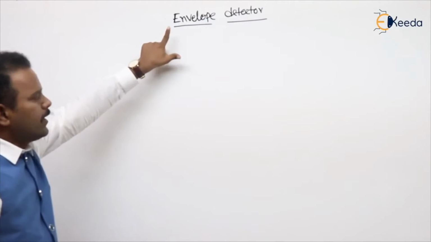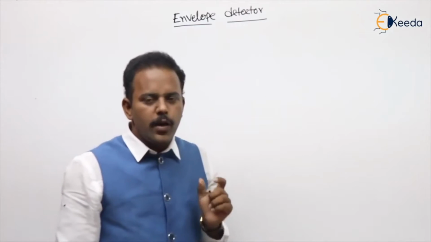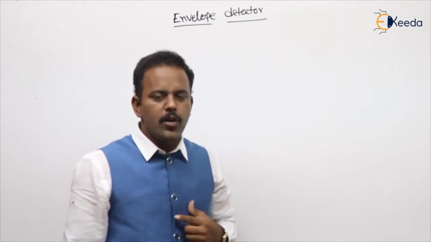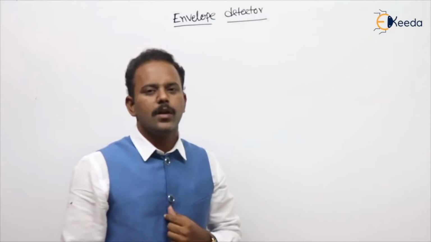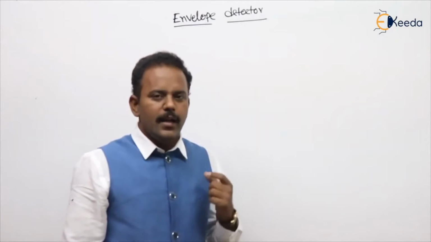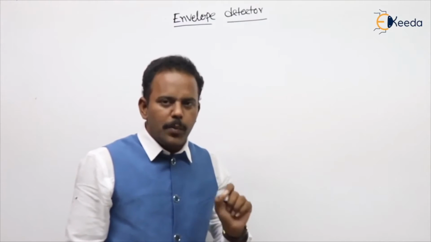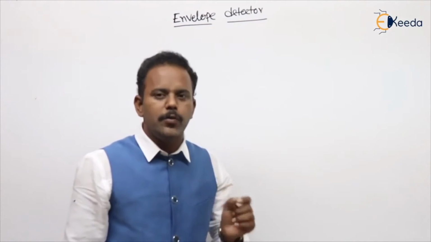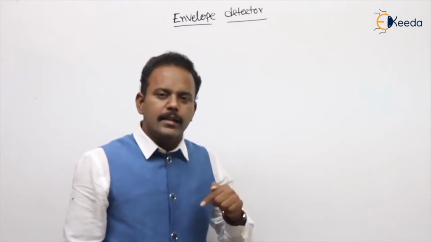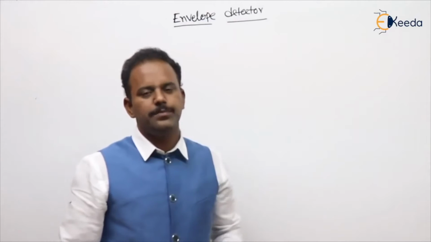Now see the second one, envelope detector. I already told you the envelope detector works for mu value less than 1, because envelope detection gives the positive peaks of a given signal. For your understanding, I will first take some general signal and show you that the envelope detector gives only the positive envelope. Later I will give you an amplitude modulated signal. Then if it gives only the positive peaks, that is nothing but our message.